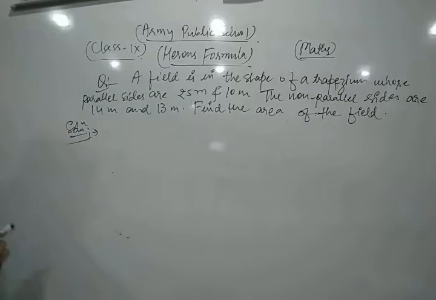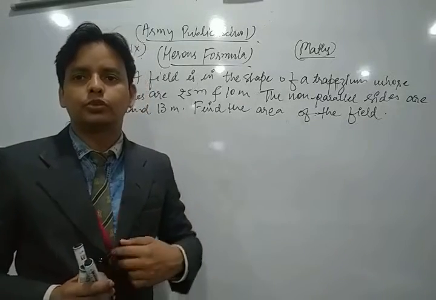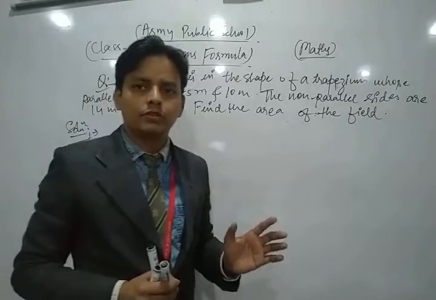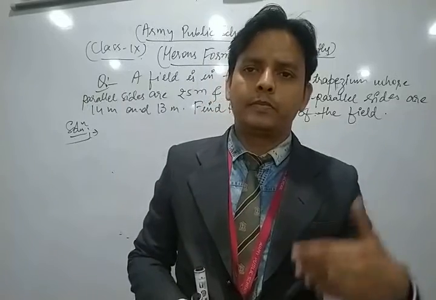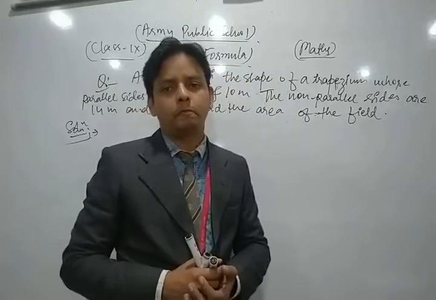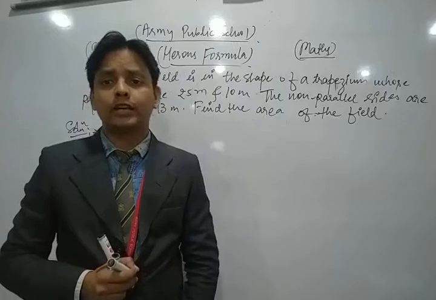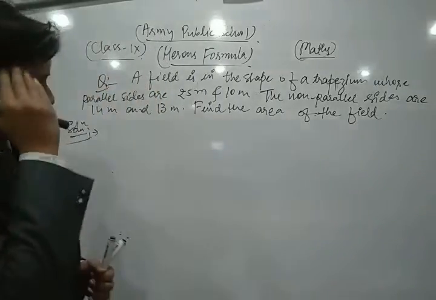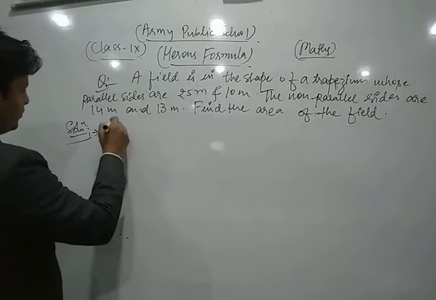Here, you know that the formula for the area of a trapezium is 1/2 sum of its parallel sides into height. But in this question, we have its parallel sides, but its height, meaning perpendicular height, is not given. So first of all, we find its altitude, meaning its perpendicular height between two parallel lines. After that, we apply the formula for the area of a triangle. So first of all, we draw a trapezium.